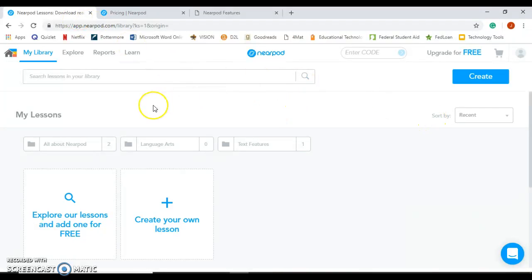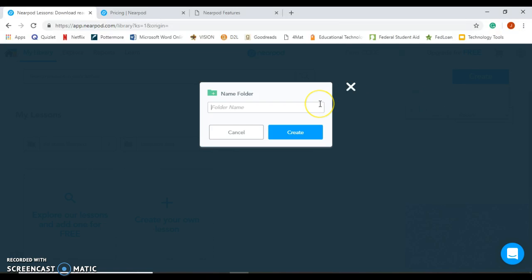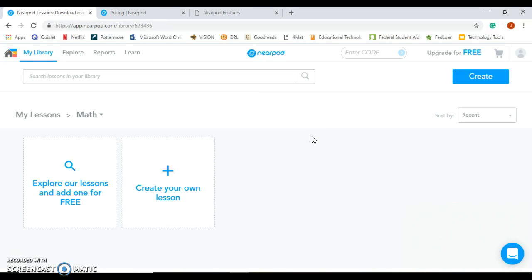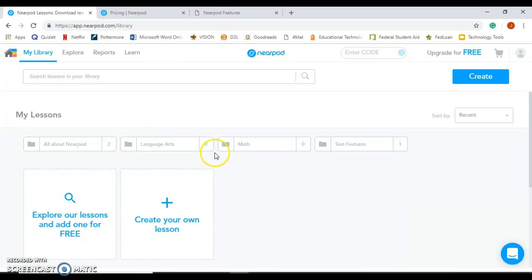Okay, so once you've created your account and you've logged in, you're going to see your lessons portal here. I've got 3 folders here. So if you want to create a folder, all you have to do is click create, add a folder, then you name it. I'm going to name it math, create, and it opens up to that folder. Now I'm going to go back to my library,